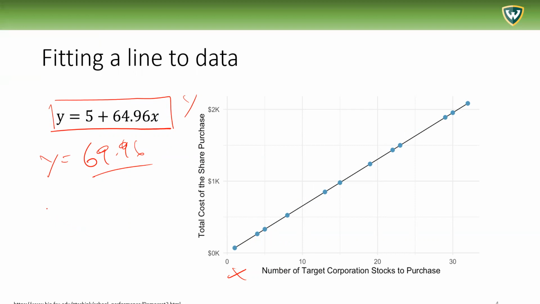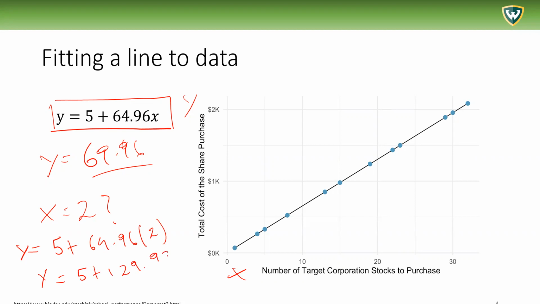So do the calculation when x equals 2. What's the value of y? Pause the video and calculate that. So if we calculate, the value here is y equals 5 plus 64.96 times 2, so y equals 5 plus 129.92, and then y equals